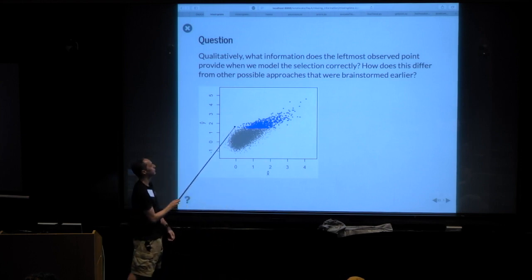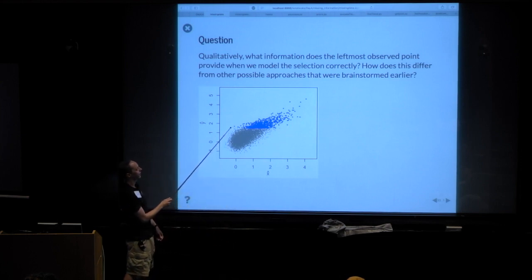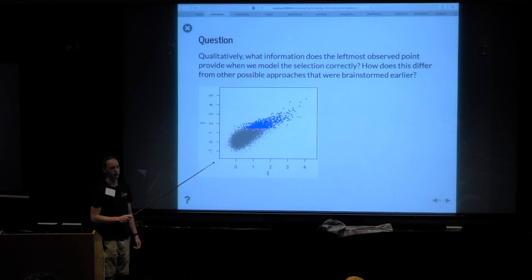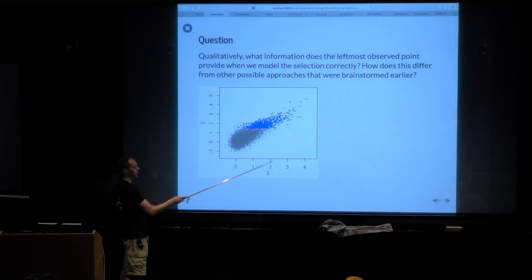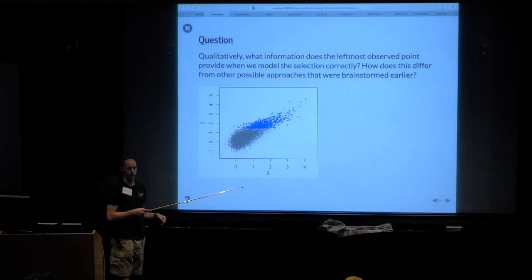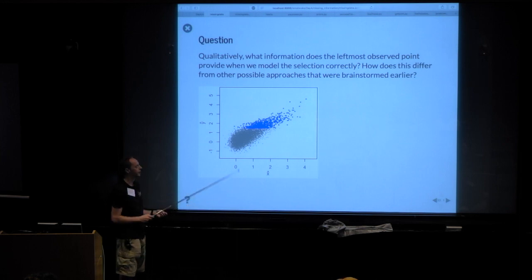But over here, what information do we get from this using a model that knows about the truncation mechanism and knows about at least the shape, roughly, of the underlying distribution as a function of x that isn't there if we do something simple like minimizing chi-square? In other words, why is it worth doing this, and how does this get us the right answer, whereas just fitting a line doesn't? Couple of minutes.